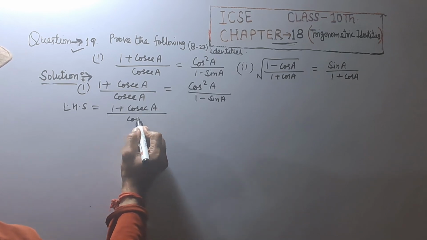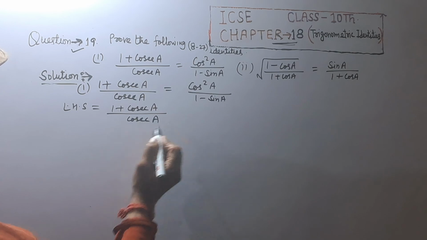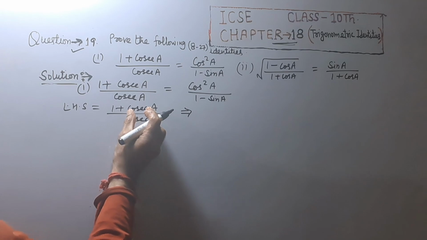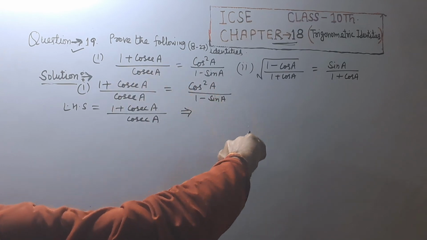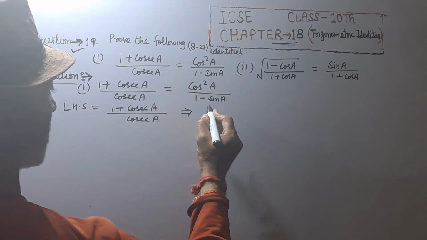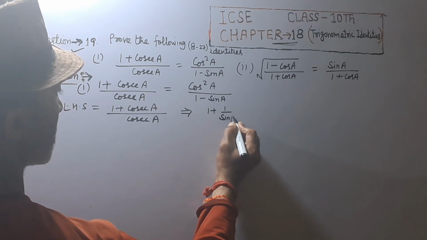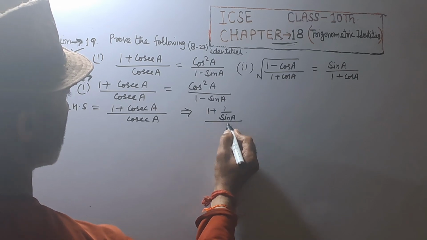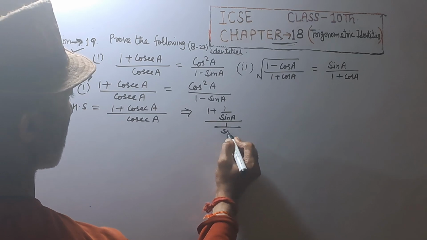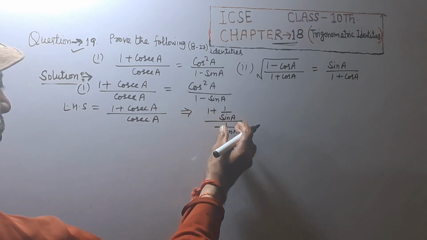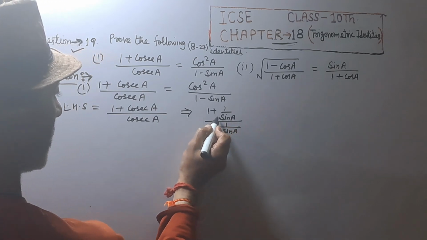divided by cosecant A, which implies cosecant A is equal to 1 upon sin A. So 1 plus 1 upon sin A divided by 1 upon sin A. Cosecant A is equal to 1 upon sin A,